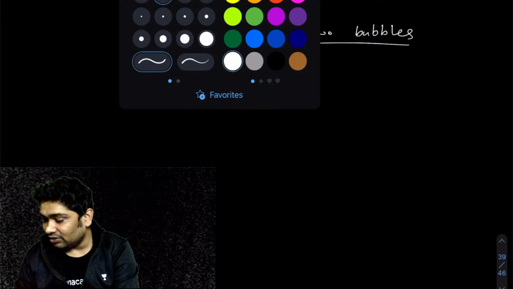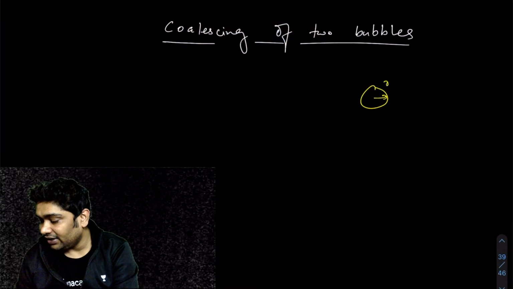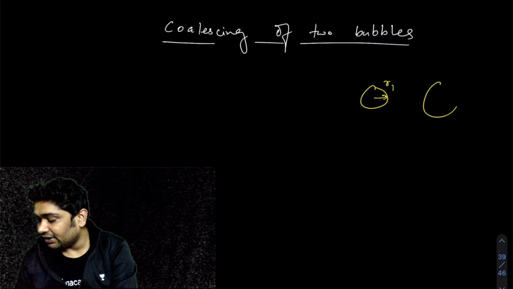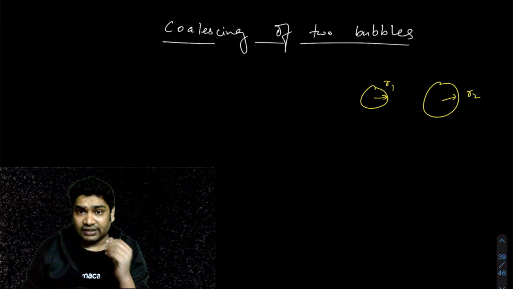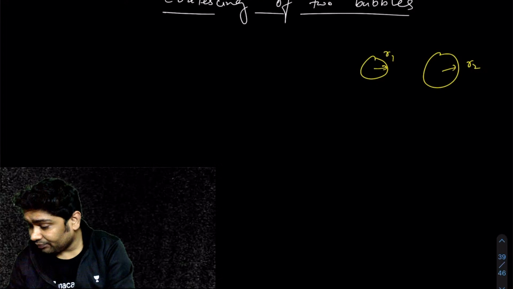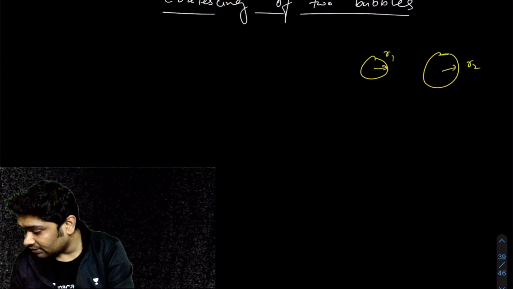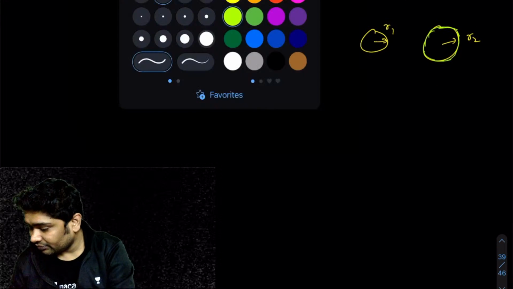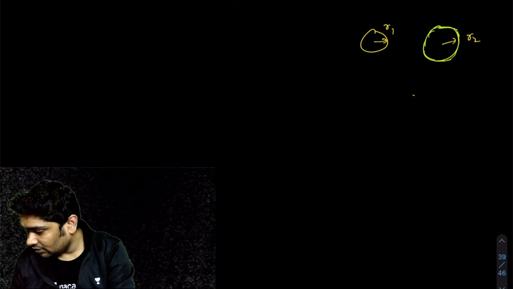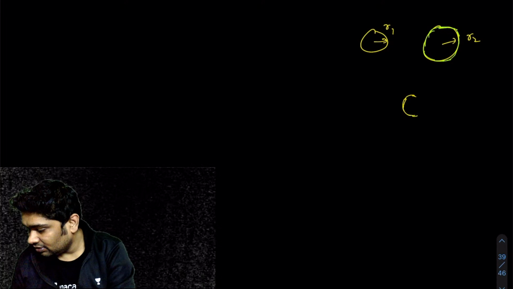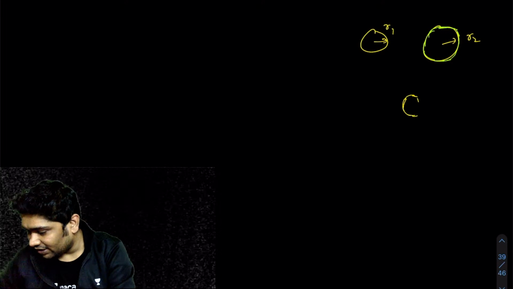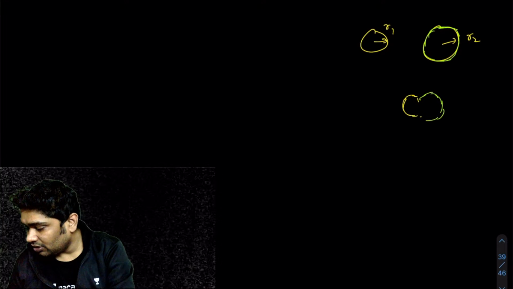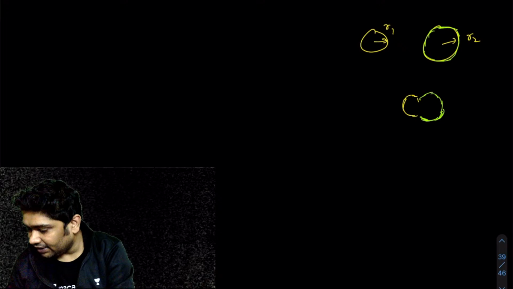तो इमेजिन यू हैव टू बबल्स ऑफ रेडियाई R1 एंड R2, है ना। आपके पास एक ये बबल है R1 रेडियस का और एक ये बबल है R2 रेडियस का। अभी ये जब चिपक जाते हैं तो क्या होगा, अलग अलग कलर से बना देते हैं। इन्हें आप चिपकाओगे तो कुछ ऐसा होगा, ये R1 रेडियस रहेगा और यहाँ पर कुछ अजीब सा चीज हो जाएगा, ये R2 रेडियस रहेगा, और जहां पे ये चिपक रहे हैं वहां पे कुछ अलग ही बन जाएगा।